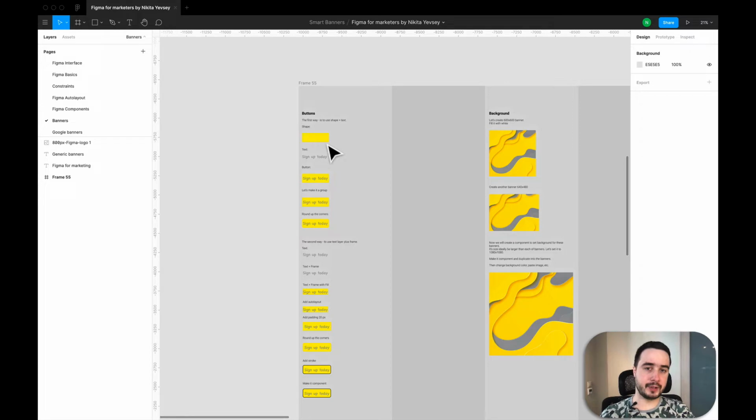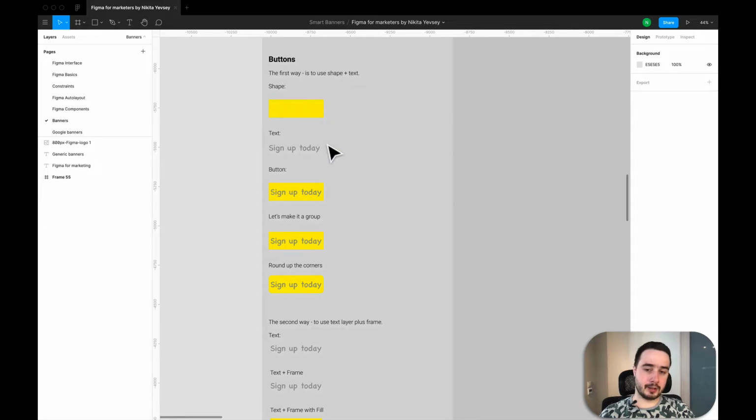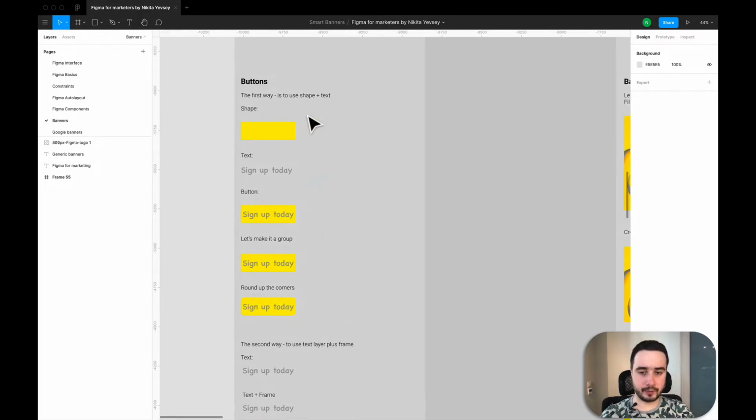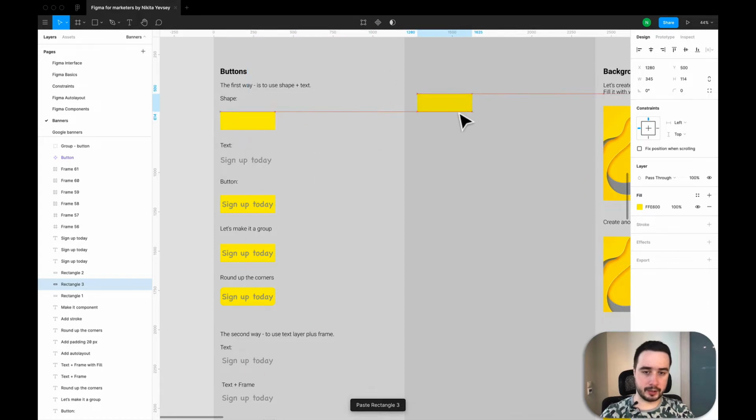We already covered this, but let's do it once again. What is a button? A button is usually some rectangle with a text in it. So we can create a rectangle from shape or from a frame. Let's create the first one from shape. I'll just copy paste this rectangle